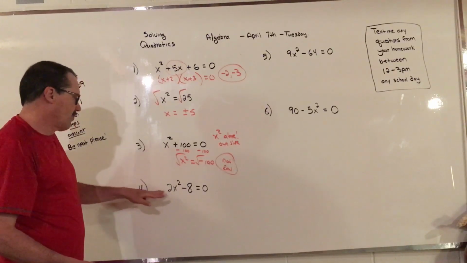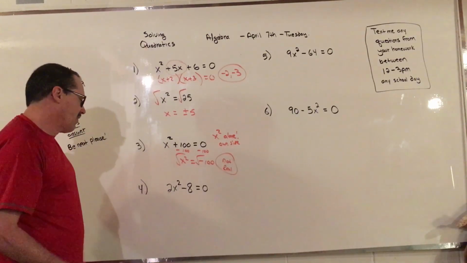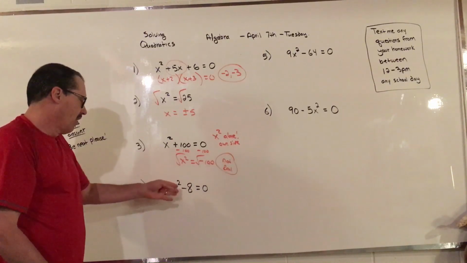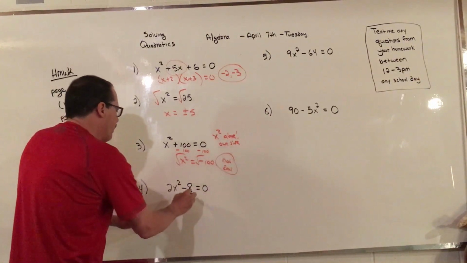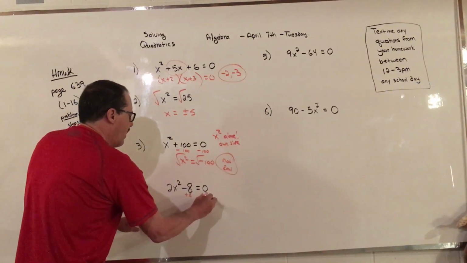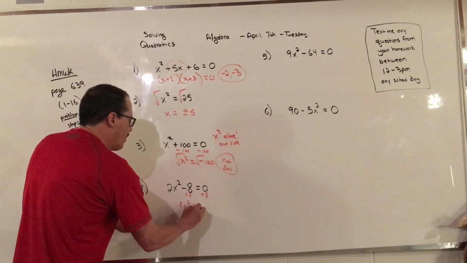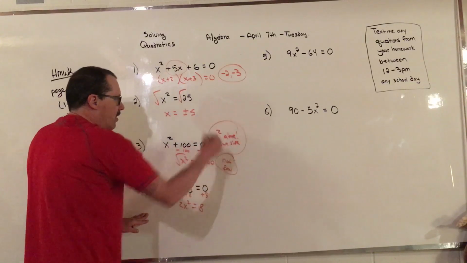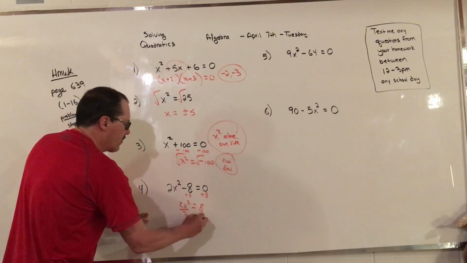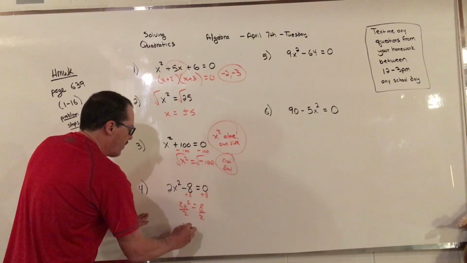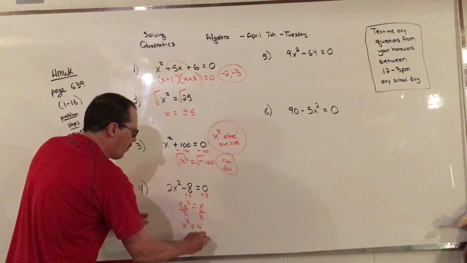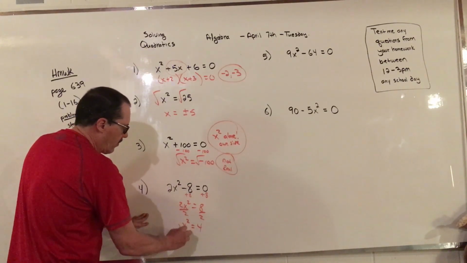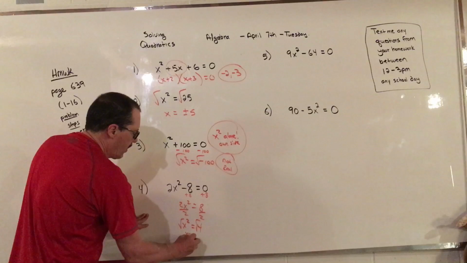For this one here, this one's really a mess. The first thing I want to do is move the negative 8 over here. So add 8 and add 8. I get 2x squared equals 8. Then you still have to get the x squared alone. That's very, very important. So I divide both sides by 2. That gives me x squared equals 4. Now since x squared is alone, I can take the square root of both sides and we get x equals